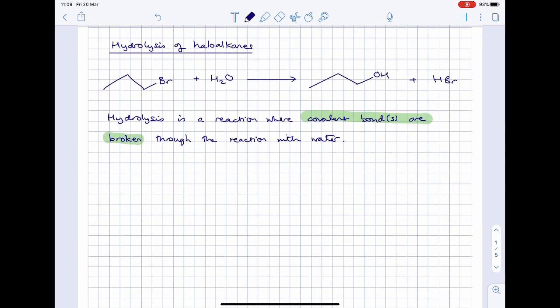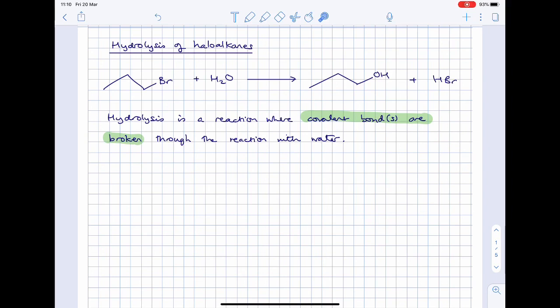So hydrolysis means the breaking down. Lysis means to break or split, in fact, with water. Hydro means water, and lysis means to split. So hydrolysis is the reaction where a covalent bond or covalent bonds are broken. You must mention covalent bond in the answer for the exam, and this is broken through the reaction